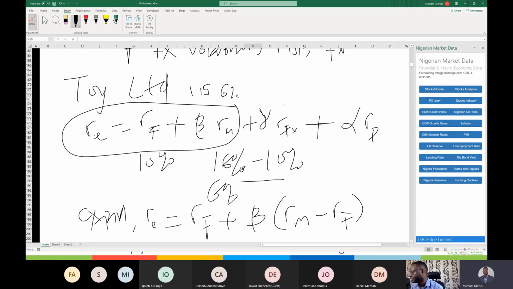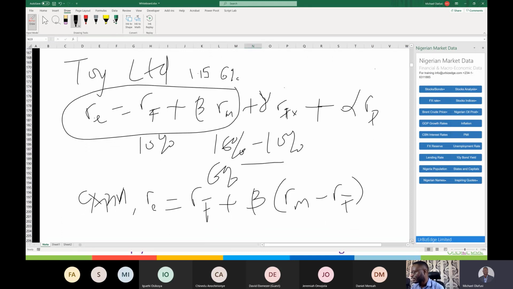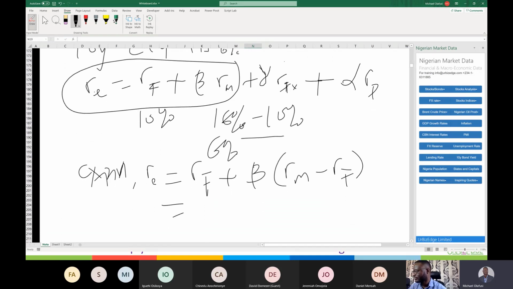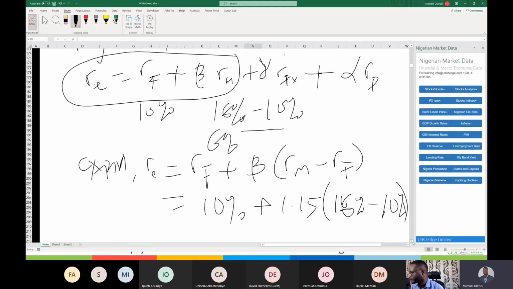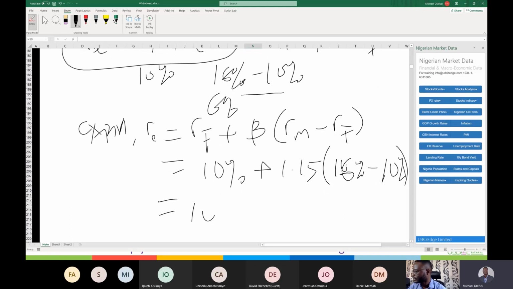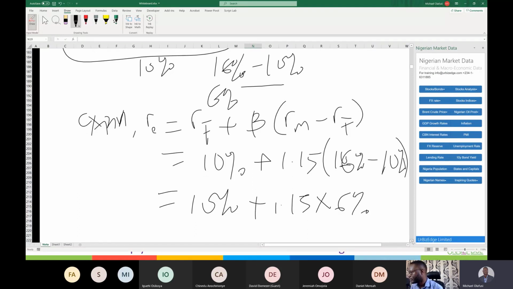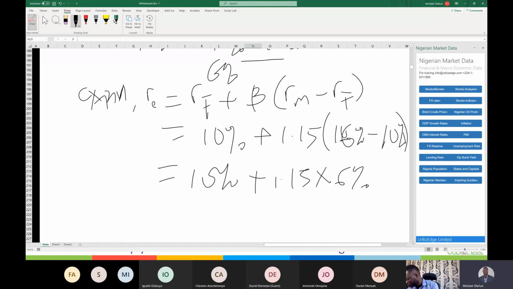So whatever it comes to, if you feel for you this investment, if we do that one for Dangote, if your business is cement related, so that would be, let's say 10% plus 1.15. We've said stock market is giving long term 16% plus 10%. So if I do this, that's equal to 10%, 1.15 times 6%, which is the, so if you do this, 1.15,